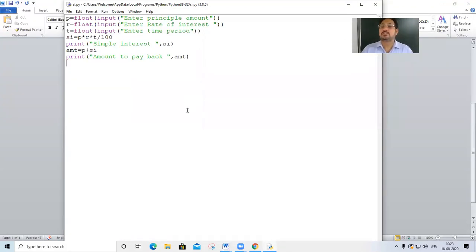Just an introduction to operators. There are various types of operators in Python: arithmetical operators, concatenation operator, and besides that we have logical operators, relational operators, and many more. So this I will teach you later on.